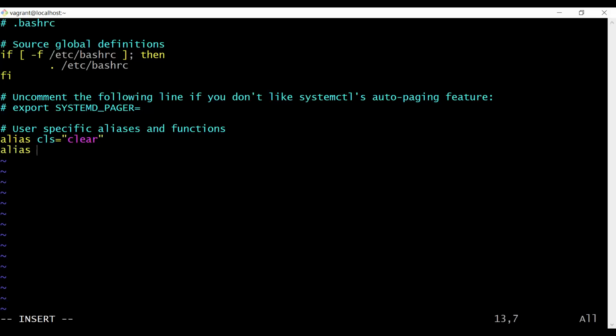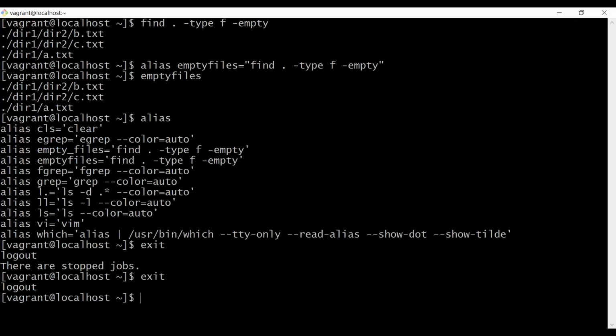And one more alias, empty files, equal to the command I would like to run: find . -type f -empty. Like this, whatever aliases you have, you can define and use them here. Then let me save this, and after saving, if you run cls once again,